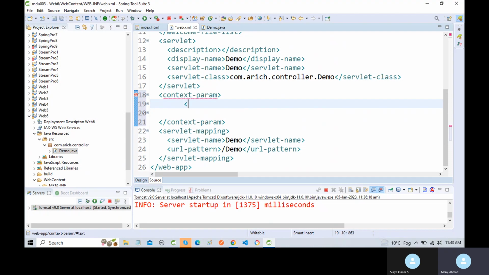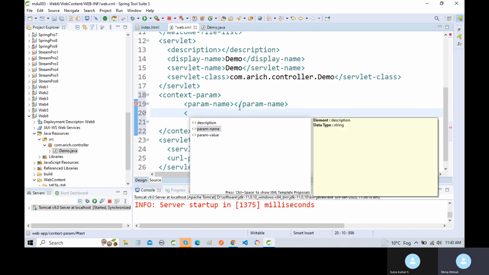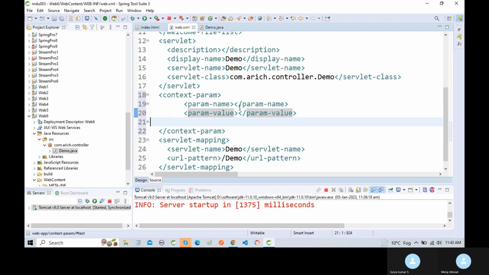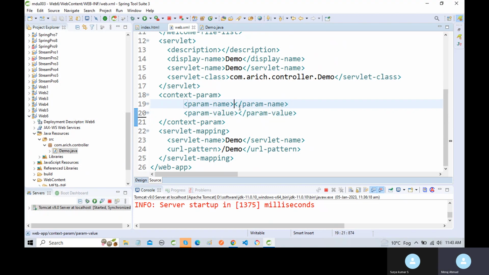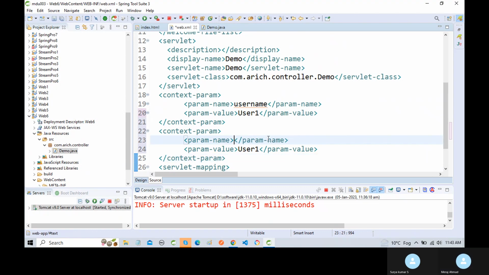This tag has subtags named param-name and param-value. We can declare, like, username, and the username value like user1. And we are going to declare the password. The password is a